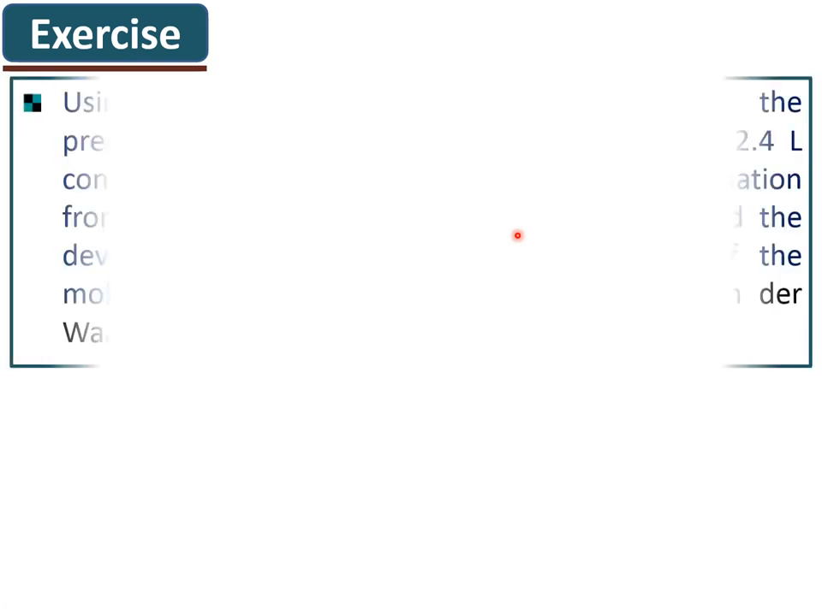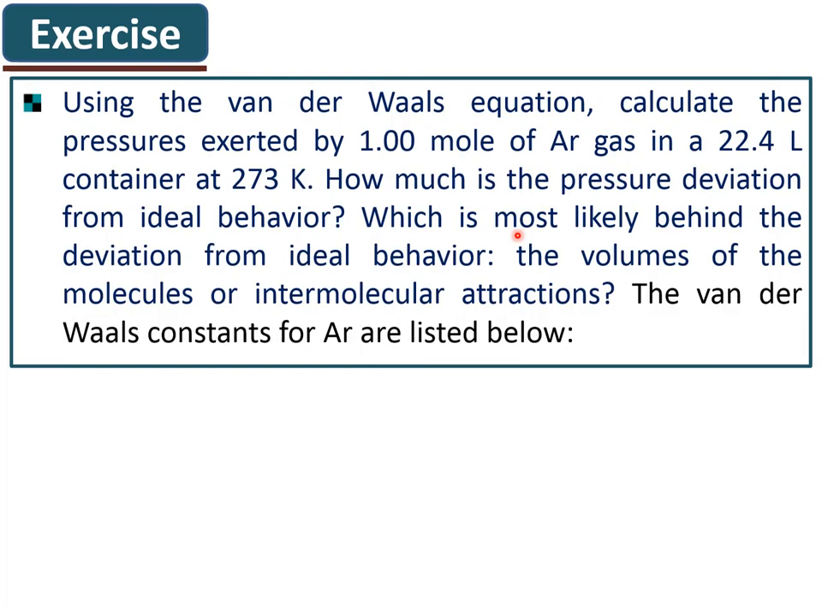The example says that using the van der Waals equation, the real gas equation, okay? Calculate the pressure exerted by 1 mole of argon gas in a 22.4 liter container at 273 Kelvin. What do you think about these conditions? This is the STP conditions. Is it the STP condition? STP means we are at 1 atmosphere and